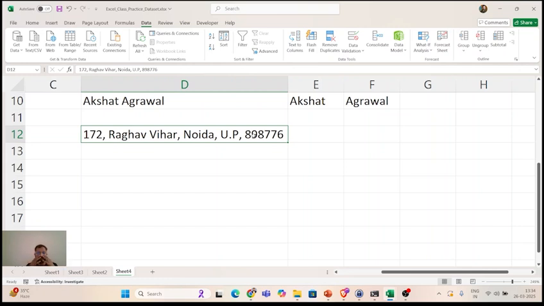Correct. So that will be very much useful to analyze the data, like how many pin codes are you serving, how many states are you serving, how many states do you sell your products in. So if we have an address type of column, or maybe if you want to split a single column into multiple columns, we can use this option.